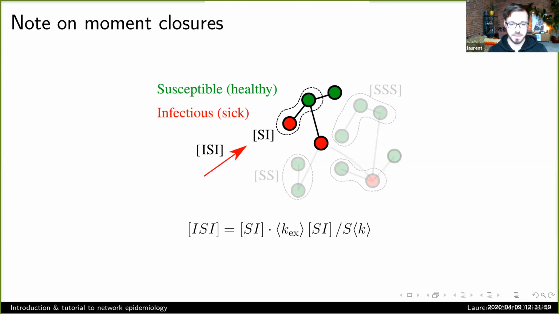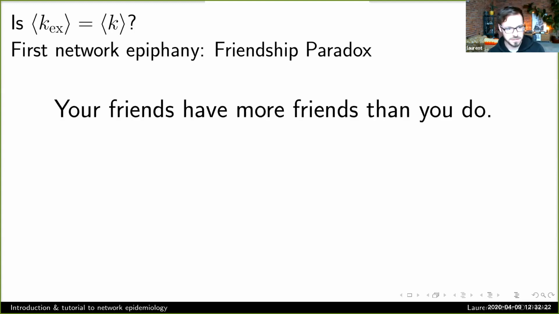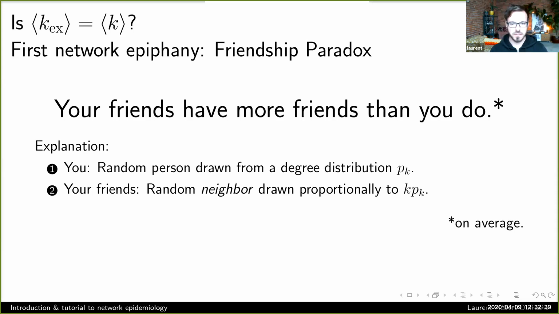We might be tempted to say that they're the same or that they differ by 1, but that would be a mistake. And actually, that leads to sort of the first network epiphany that I hope you'll all have today, if you're not familiar with this already, which is that you don't want to assume any relationship between the average excess degree and the average degree of your network. And that's related to what people often call the friendship paradox. The friendship paradox is this idea that your friends have more friends than you do. And I know some people might be thinking, I have some friends that have literally no other friends than me. That's fine. This is a statistical statement that is true on average. I'm sure those friends are great, but on average, most of your friends should have more friends than you do.